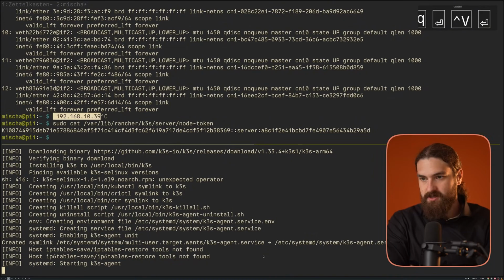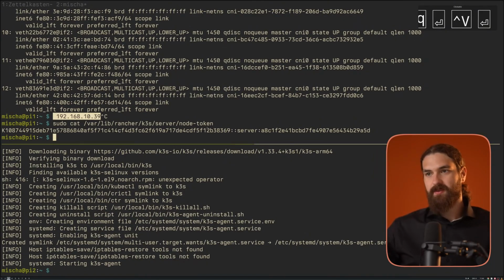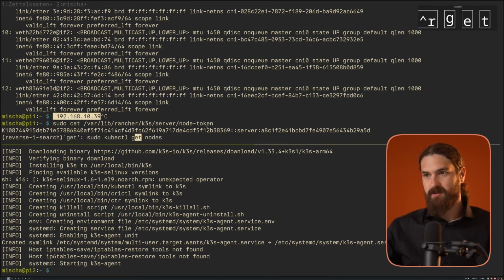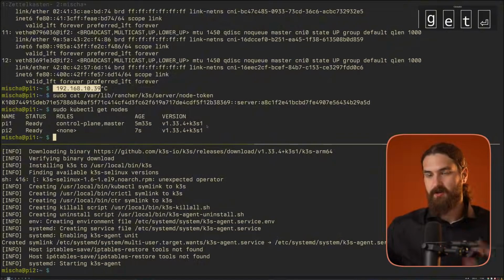Starting K3s agent. And it's finished. So now, if I run the get nodes command again, here we go. We see that we have a 2-node Kubernetes cluster running right in that little cabinet behind me, and we can start going. That's how easy it is to get a Kubernetes home lab going if you know what you're doing. So if all of this